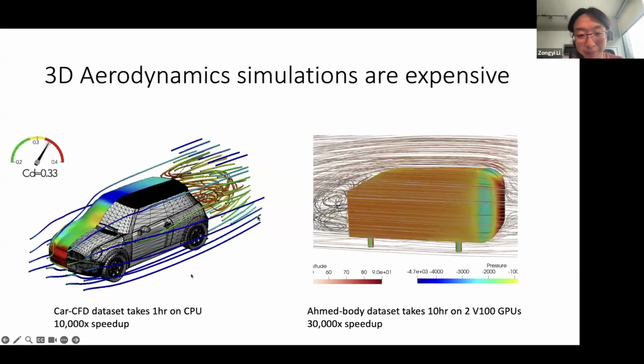I think this is the most related part for Autodesk, where we're trying to design shapes with non-uniform mesh. We all know that 3D computational fluid dynamics is very expensive. On the left is a simple safety car simulation. It's a very rough, non-convergent simulation, and it still takes 1 hour.